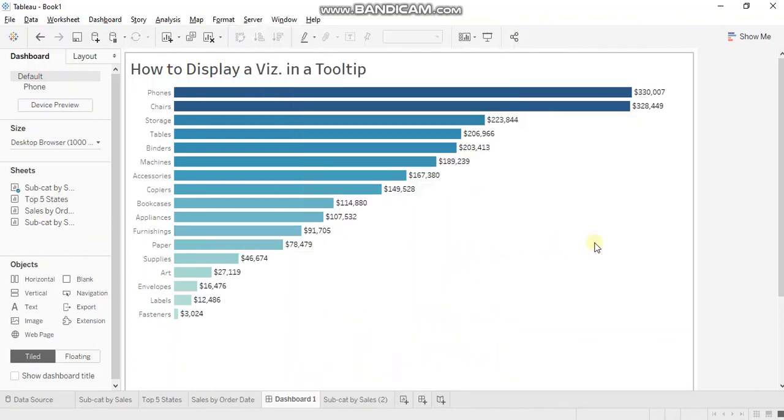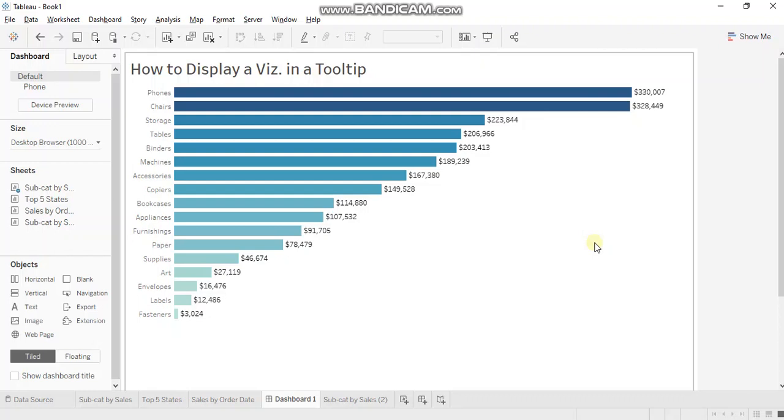First, let's understand the relevance of implementing this functionality. As many of you know, we have space constraints in a Tableau dashboard, and managing this space becomes critical when you have multiple visualizations to display. In that case, you can prioritize the visualizations and just show the primary ones in the dashboard, and the other ones you can display via tooltip. The second advantage of using this functionality is that it's a great way of building user engagement and interactivity. So it will really help you in maximizing the user experience.